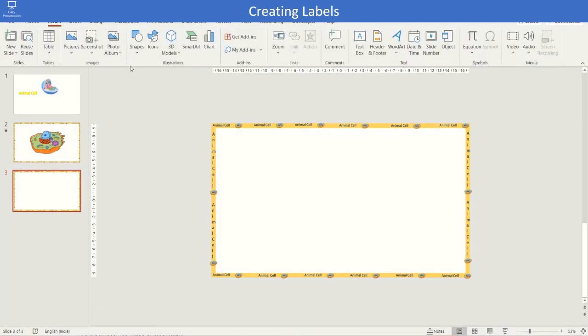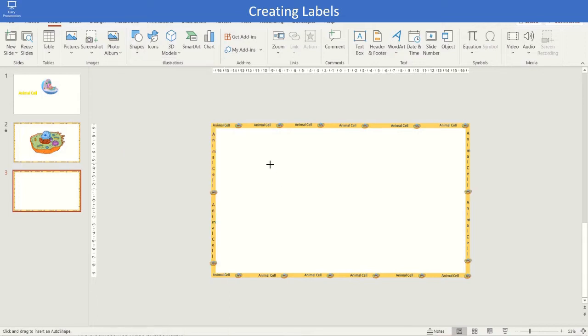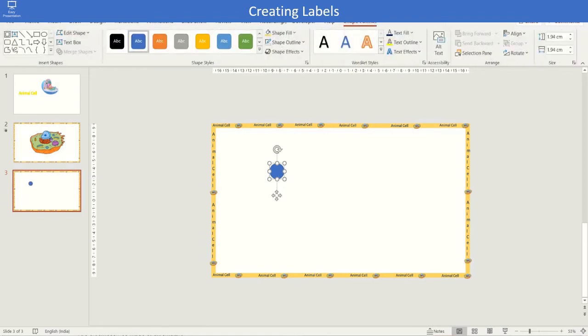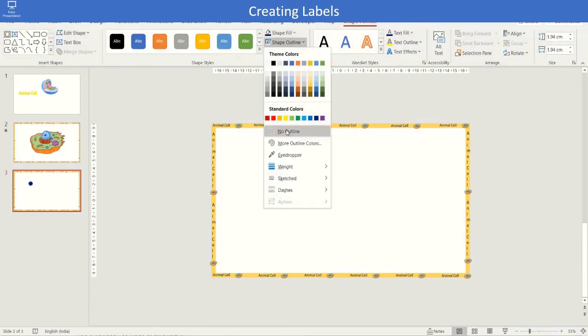Creating labels for the parts of the cell. Insert a circle, change its color to dark blue and select No Outline. Go to Shape Format, Shape Effect as Soft Round.